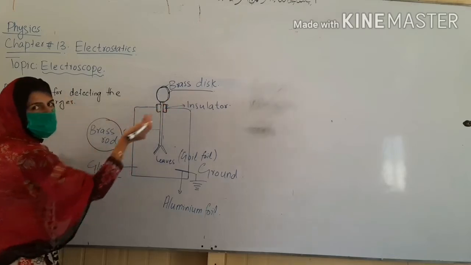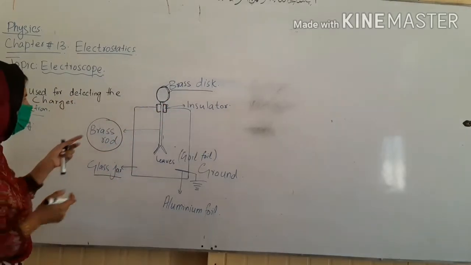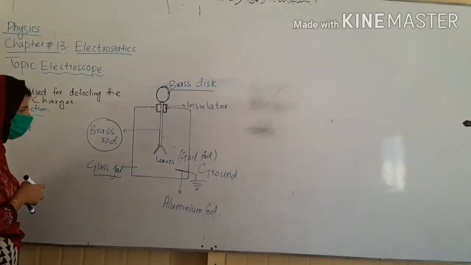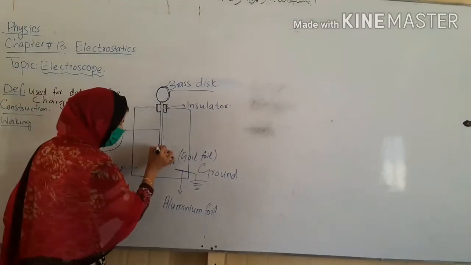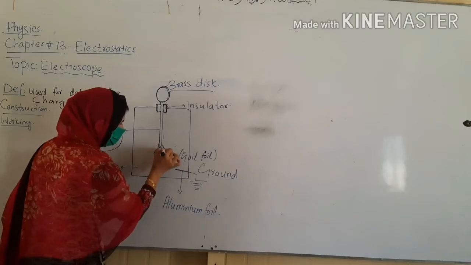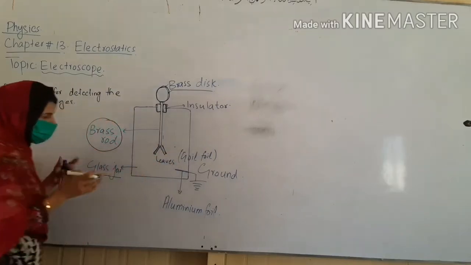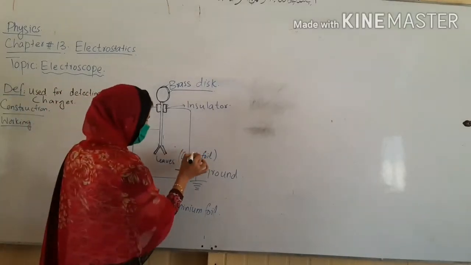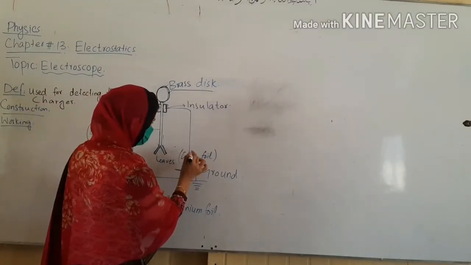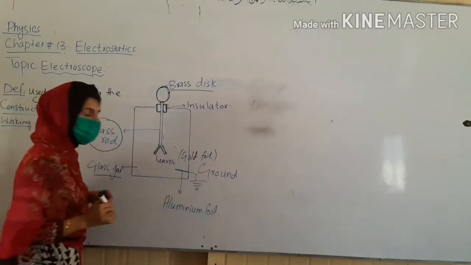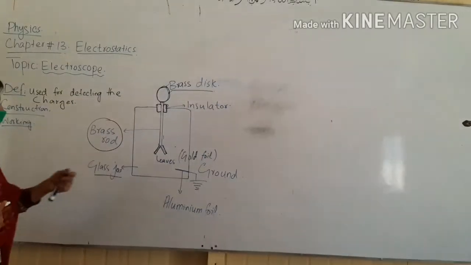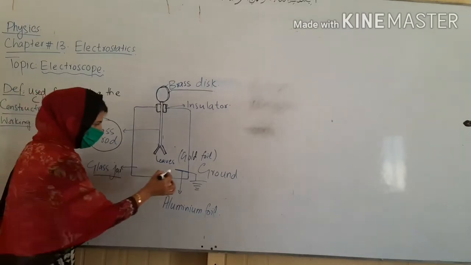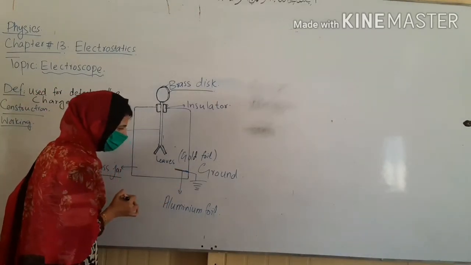आपके charges separate ना हों, इसको avoid करने के लिए आपके पास यहाँ पर insulator use होते हैं both sides of the brass rods. Now here at the bottom, these are two leaves, like two papers in this structure. ठीक है? These are gold leaves. Is it clear? Gold material से बने होते हैं, metal से, gold leaves कहलाते हैं. ठीक है? Finally, there is the aluminium foil.